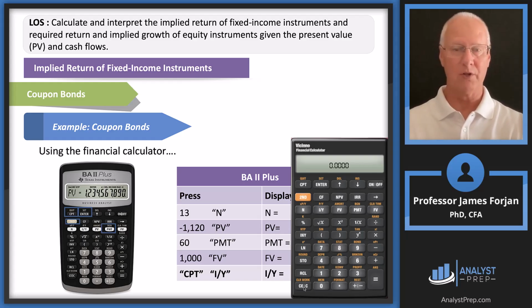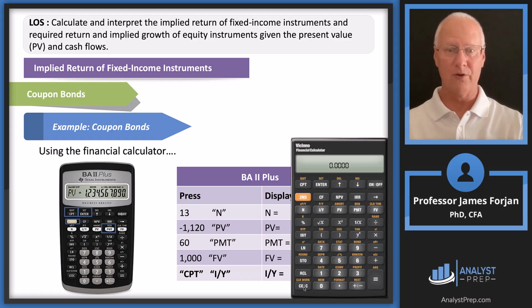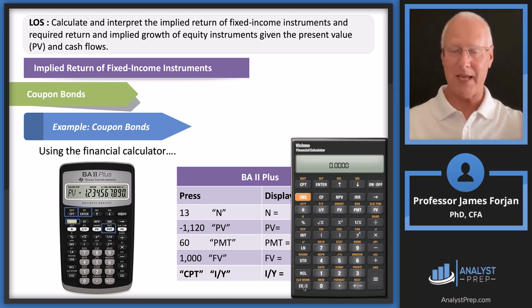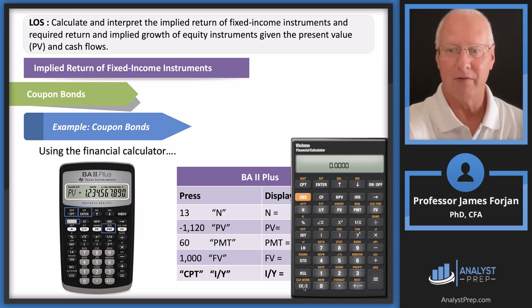Now, just a word of caution. You know, of course, that on a multiple choice question on the exam, the Institute is going to have answer A with an N of 7, answer B with an N of 13, and answer C with an N of 20. So make certain that you put 13 in there for your N. So I'll do 13 is N, and